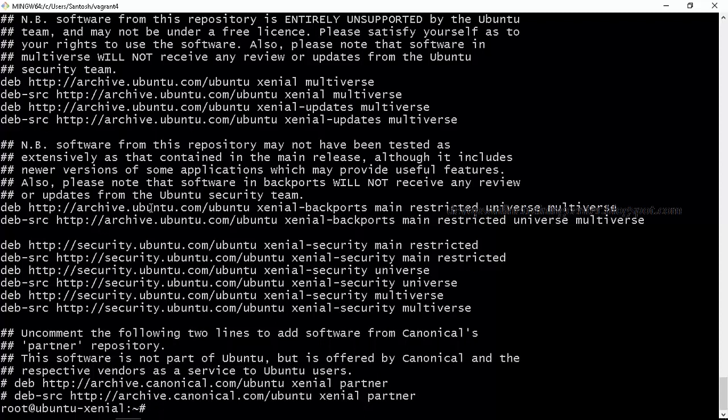So http archive.ubuntu.com ubuntu xenial. Xenial is the distribution name, 16.04. We are telling the machine to go and download from this site. There are a lot of packages available in this centralized repository maintained by Ubuntu, and when we say apt-get install some package, it goes there, downloads, and installs.